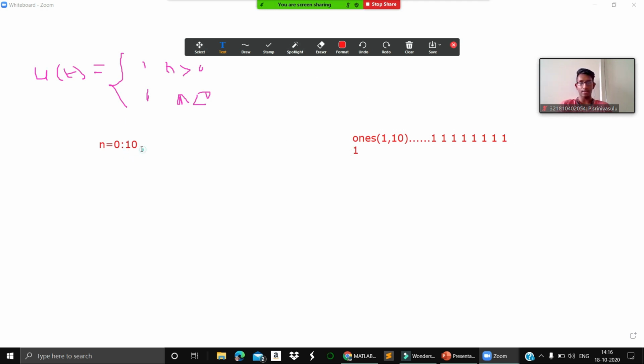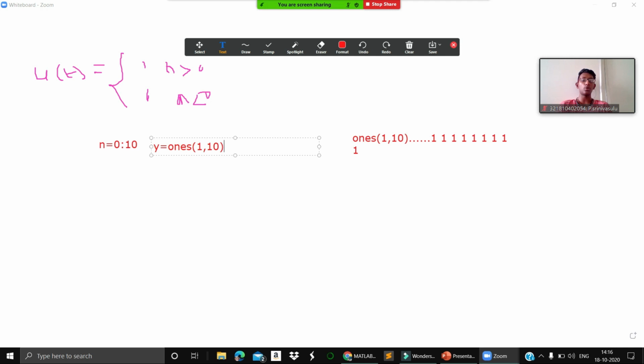On the same case, we will define here such that y is equal to ones of 1 comma 10. It means that at the 0th position my value should be 1, at the next position 1, at the 2nd position 1, 3rd position 1, 4th position 1, 5th position.